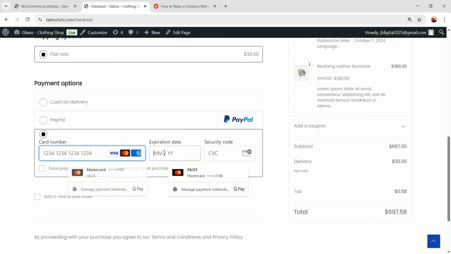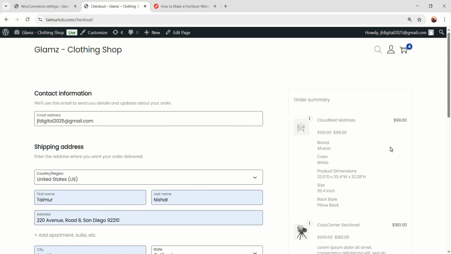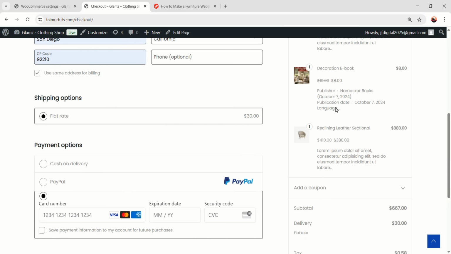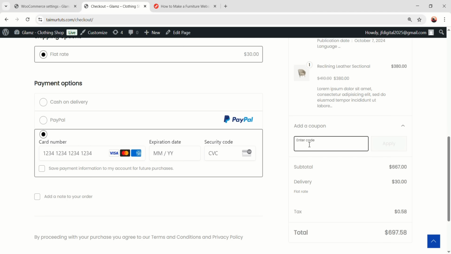We can put the card information like this. And before that, let's take a look at the right side. So this is the order summary. We can final check every information about the product, the quantity, and here this is the option to add a coupon code. Click here, and if we just enter the code